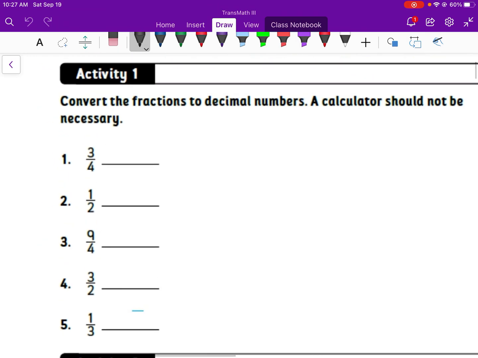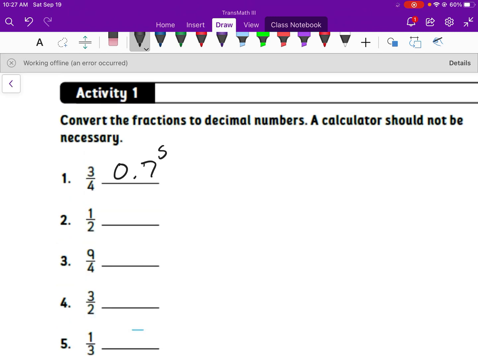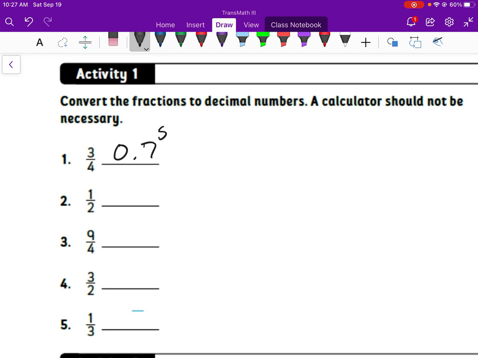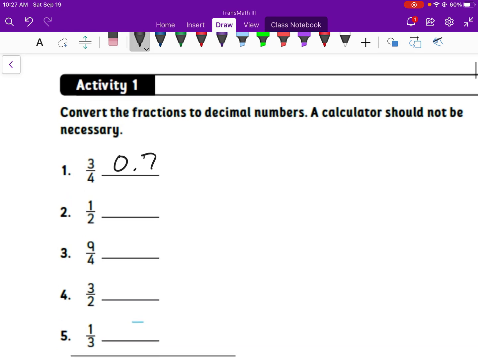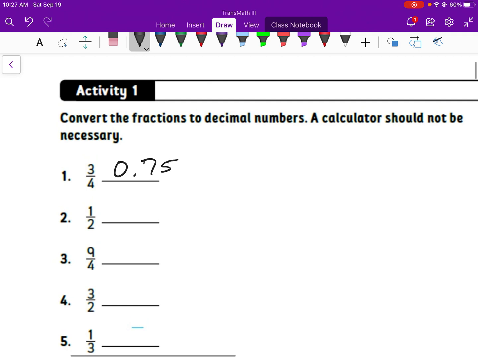Okay, activity 1, convert the fraction to decimal numbers. A calculator should not be necessary. Okay, 3/4, that's one of those common ones we should just know. Just think, if you have 3/4 of a dollar, we got 75 cents, so 0.75. Okay, 1/2, that's another common one that we use,